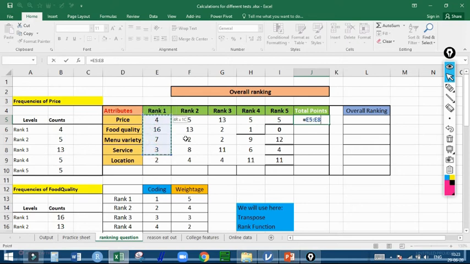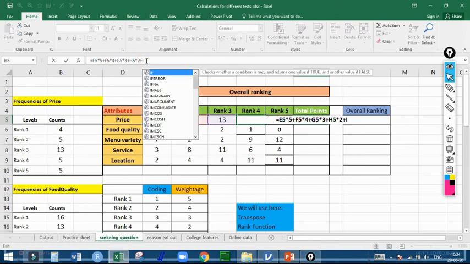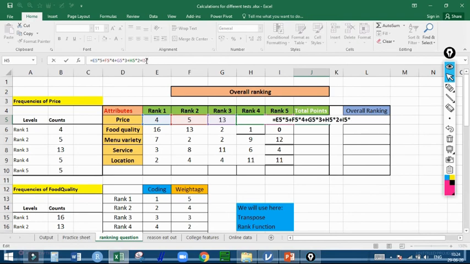I will select this cell and multiply by 5, plus then select this cell, multiply by 4, then plus select this cell, multiply by 3, then plus, then select this cell, multiply by 2, and then plus, and select this cell, for this it is I5 into 1.